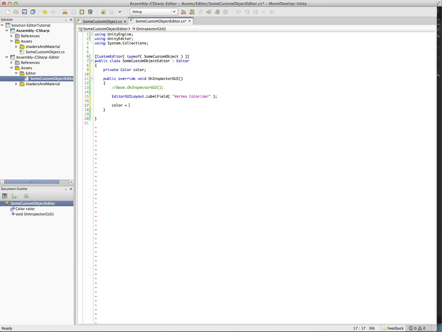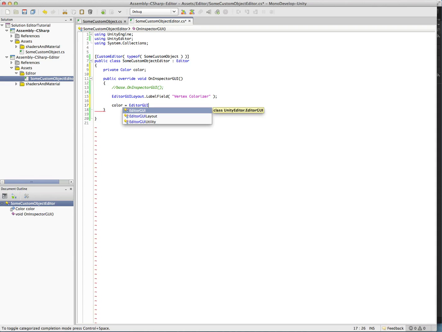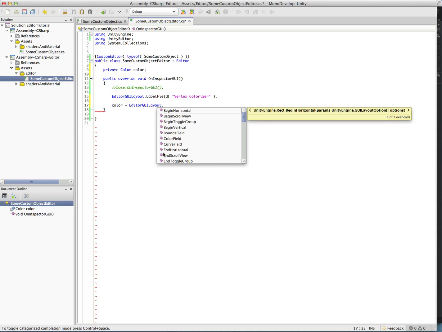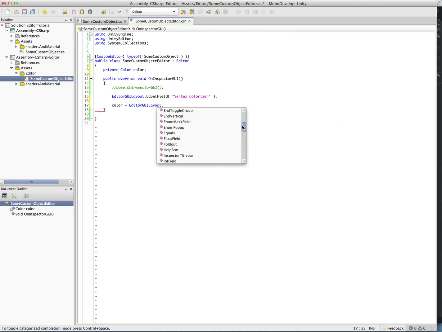So we're going to say editor GUI layout, and it has lots of stuff already in here built in for us, and we're going to use the color field, but you can take a look through Unity's documentation for this. Like, once you know what you're looking for, the documentation's good, but if you don't know what you're looking for, then it's a bit tricky. They have a lot of stuff already built in for you. So let's go with the color field,